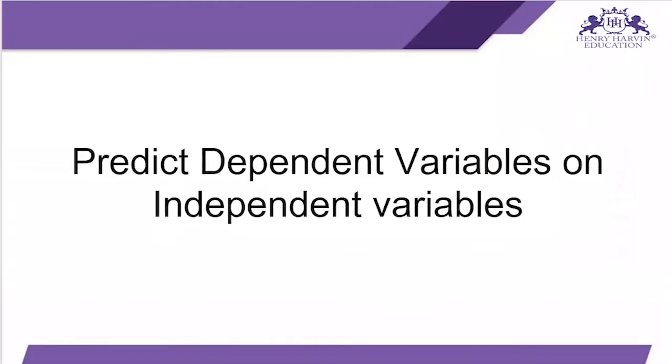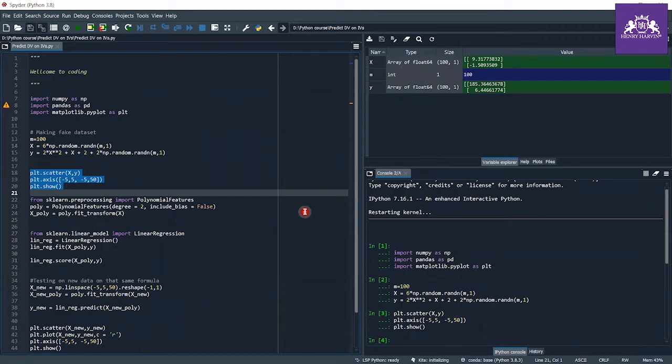So this is in the polynomial format, but there is a chance in the real world where you have to deal with some other kind, where you have polynomial data but it is not a square. You have to make a cube also, or it is in the format of exponential, or maybe multivariate, or linear regression. So you have to visualize your data to decide which algorithm to choose. But here I am choosing polynomial regression to predict the dependent variables based on the